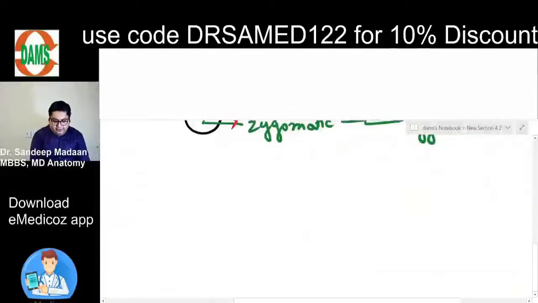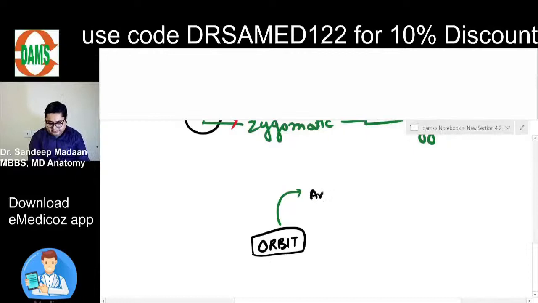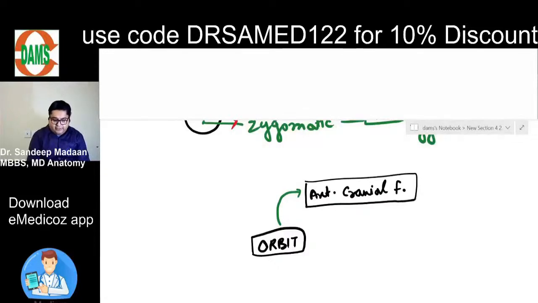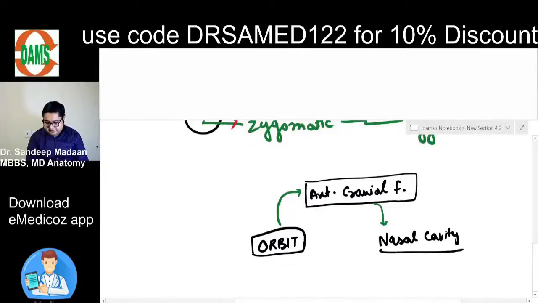So what I have told, that from the orbit, the nerve is entering into the anterior cranial fossa. And from the anterior cranial fossa, the nerve is entering into the nasal cavity by the side of crista galli. Within the nasal cavity,